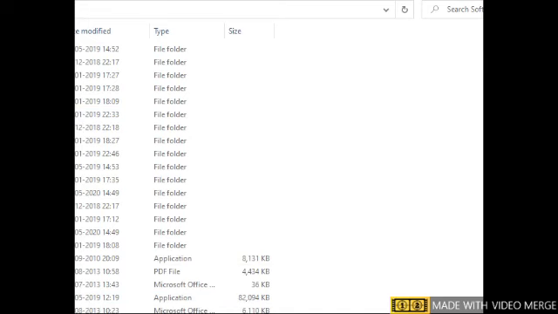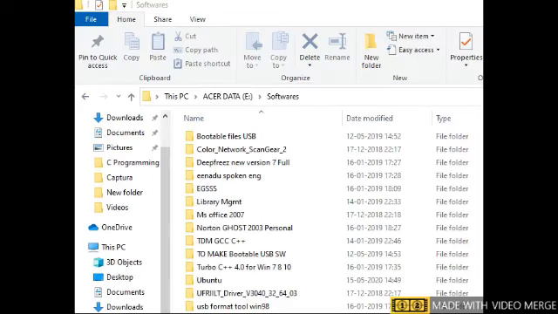The software is Turbo C++ 4.0 for Windows 7, 8 and 10 versions. It supports Windows 7, 8 and 10. This Turbo C++ is for C++ but also works for C programs.